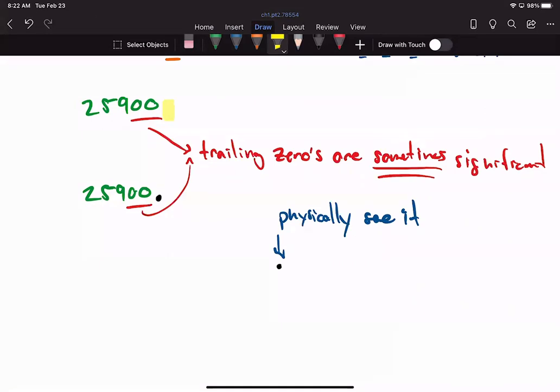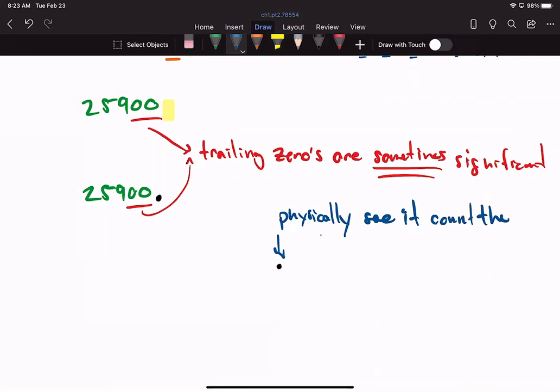I know that you know that there's a decimal there. There's an imaginary one, but I don't physically see it. But I know that you guys understand that it's there. I get it, right? If you physically see that decimal place, physically see it,